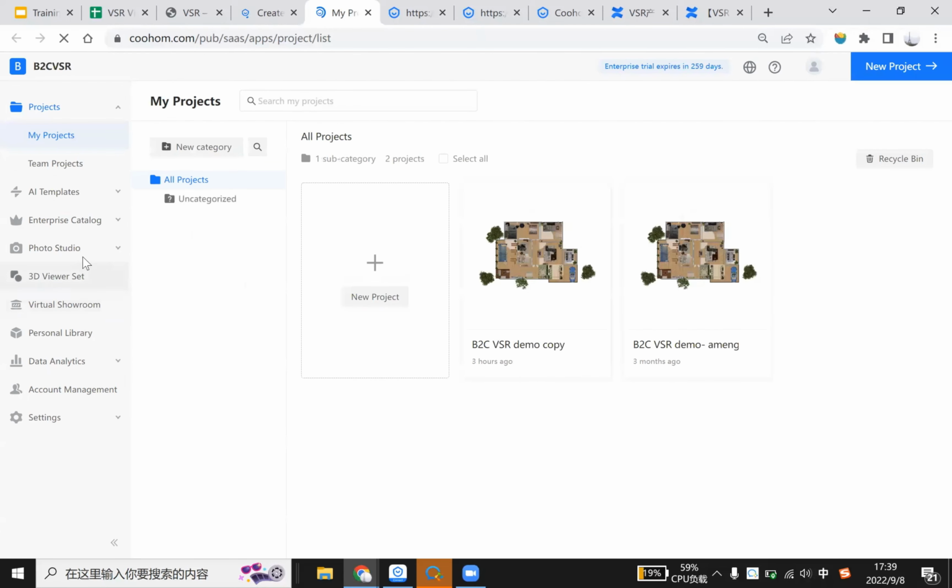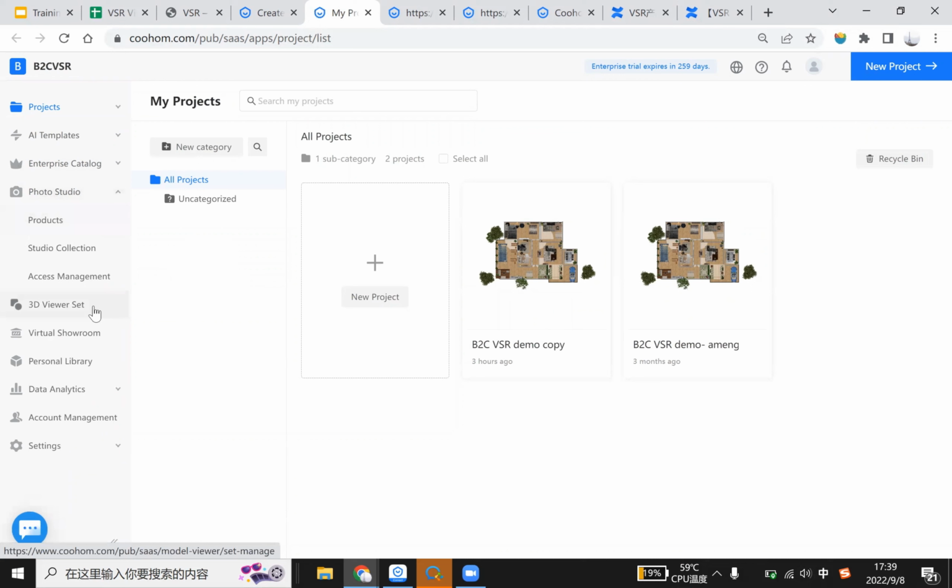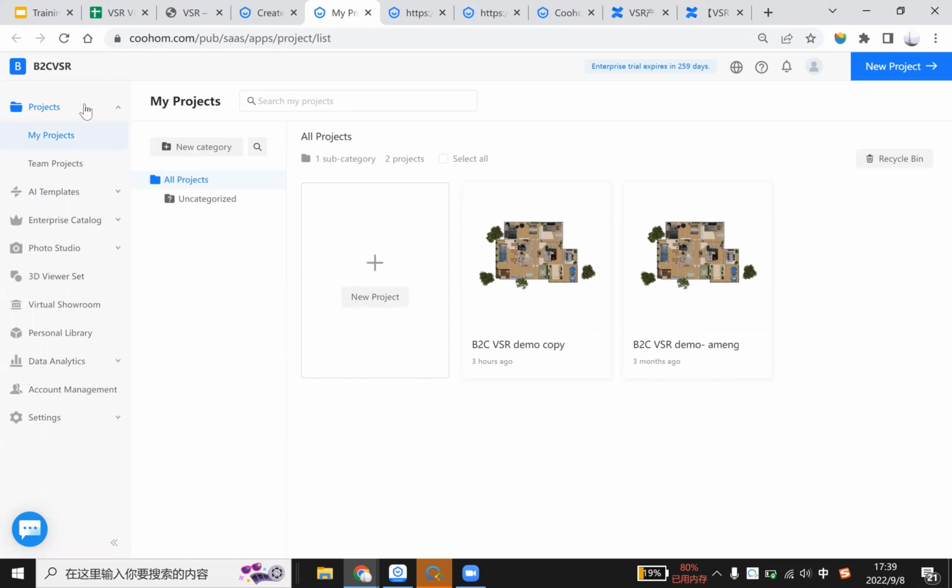Yes, and this is the first step, to upload your models and generate the photo studio or video studio and the 3D viewer. And these are all the other features in our Coohom backend. Yeah, this one and this one. And yeah, this is the first part about models. Now you have models actually in your own